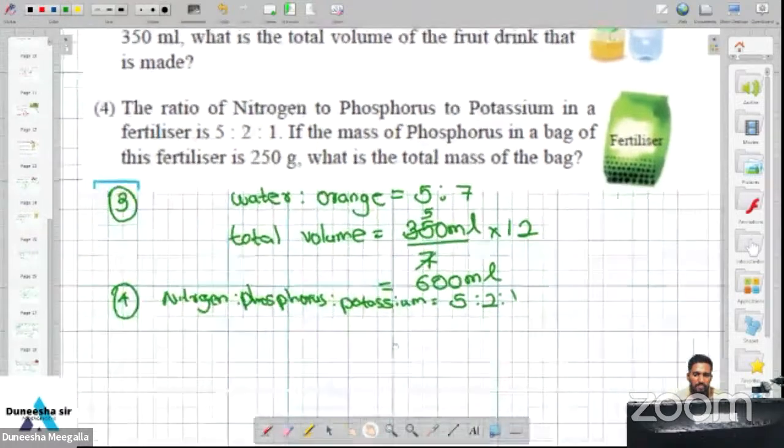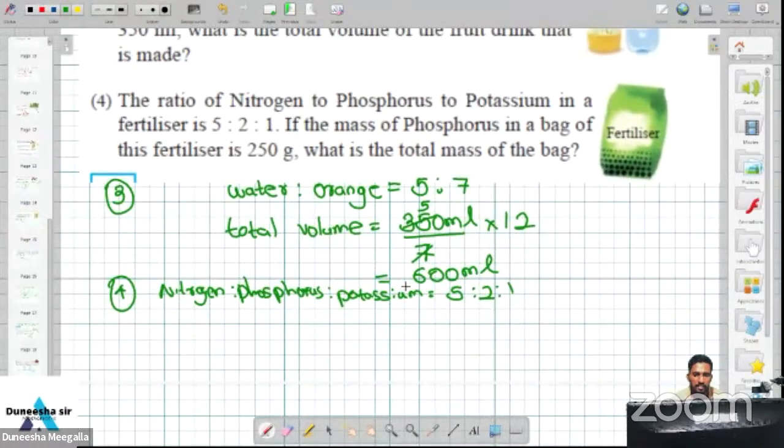Then what is the phosphorus ratio? It is 2. Then its mass is,